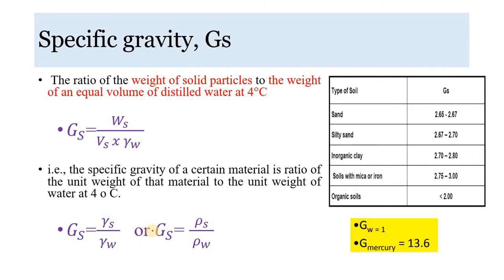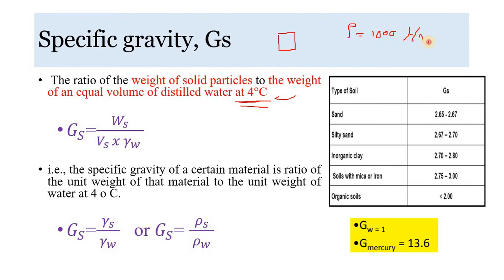Next topic is the specific gravity, GS. The ratio of weight of solid particles to the weight of an equal volume of distilled water at 4 degree Celsius. This 4 degree Celsius is important because आपल्याला माहिती आहे पाणी जेव्हा बर्फ असतं तेव्हा त्याची घनता आणि पाणी जेव्हा वाफ बनतं तेव्हा त्याची घनता ही सारखी नाही आहे, ही डिफरंट आहे. So whenever we consider 4 degree Celsius, we can take its density as 1000